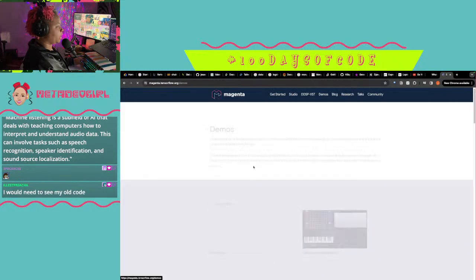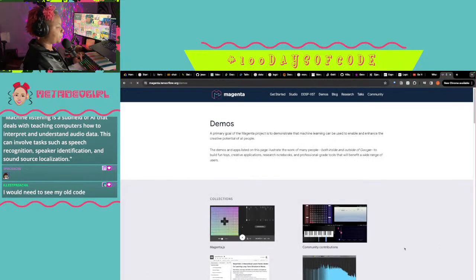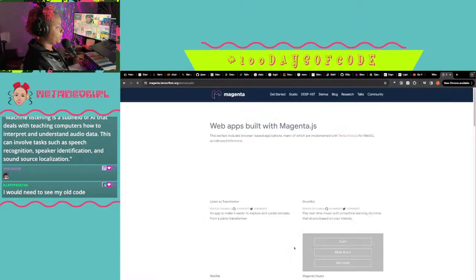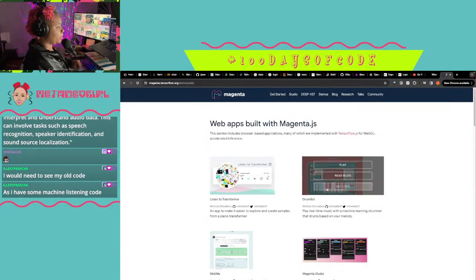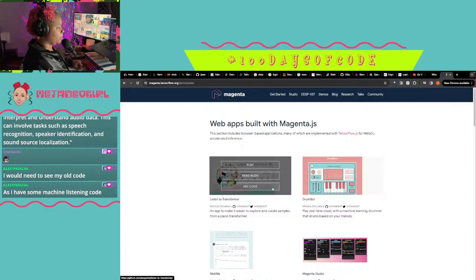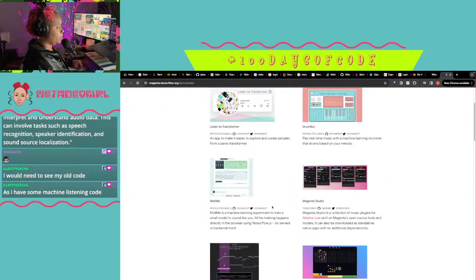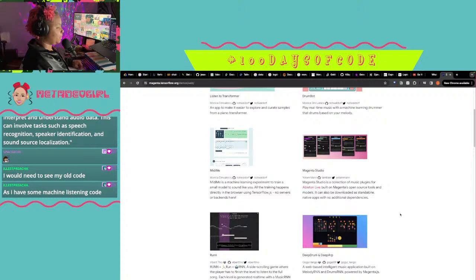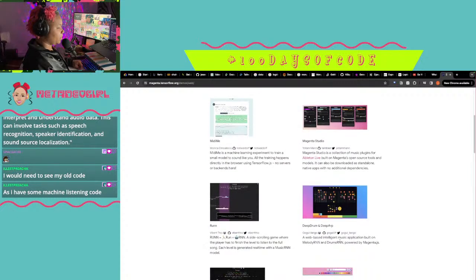So many things out here. Play real time music with a machine learning drummer that drums based on your melody. A web based intelligent music application built on melody RNN and drums RNN.